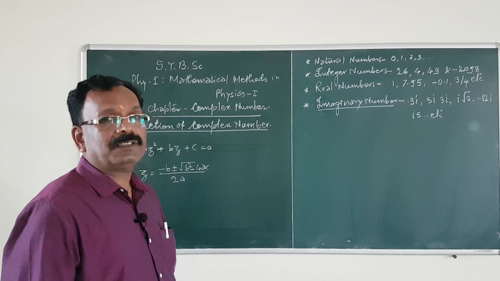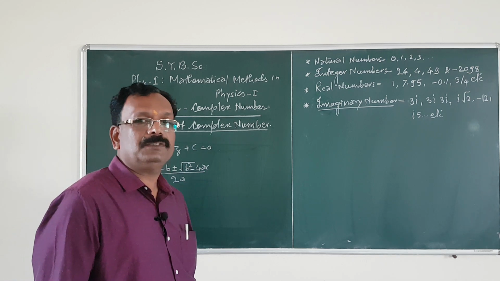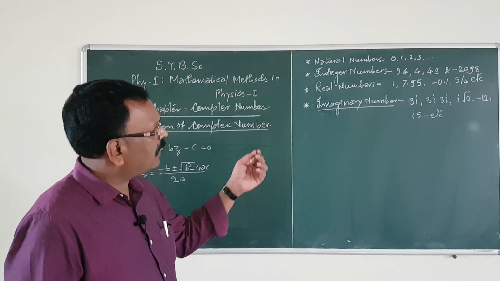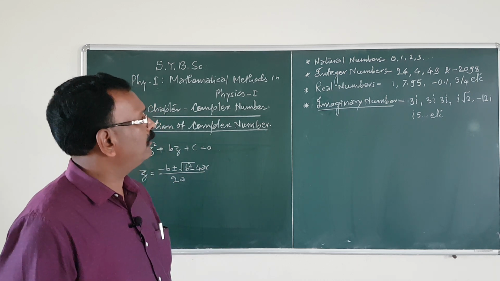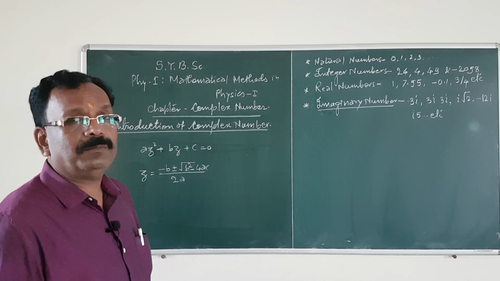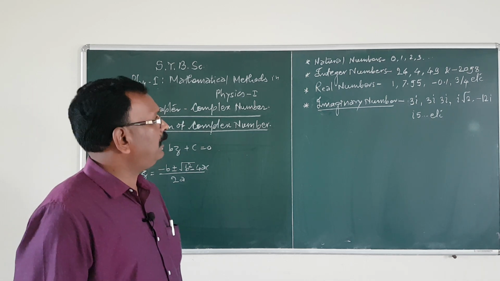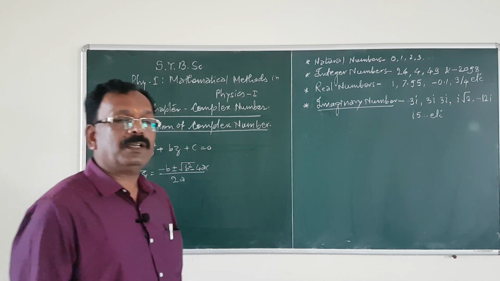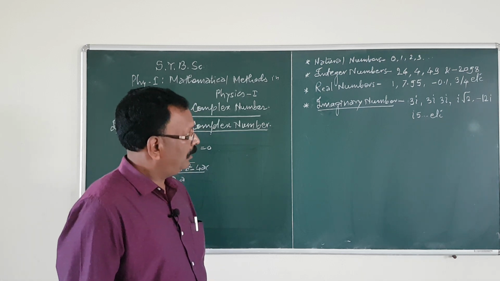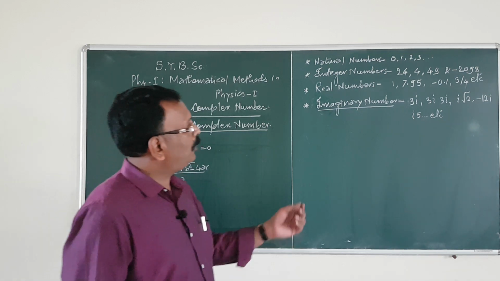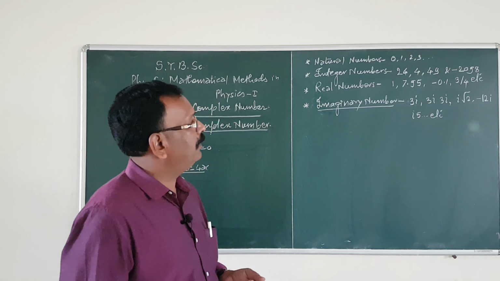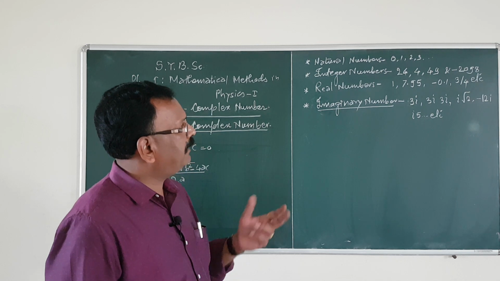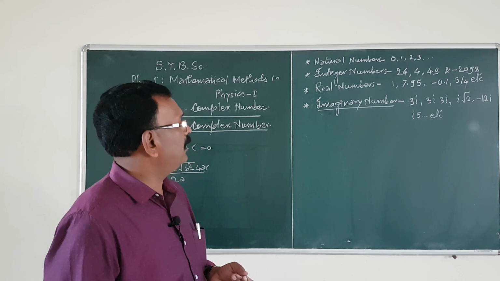For example, natural numbers. These numbers are used for counting purposes, and these numbers are nothing but 0, 1, 2, 3, 4, etc. There is another number, the integer number. This integer number is also called a whole number. Integer is a Latin word which means whole. For example, 24, 4, 49 and -4, minus 2098, like these numbers, these are integer numbers.